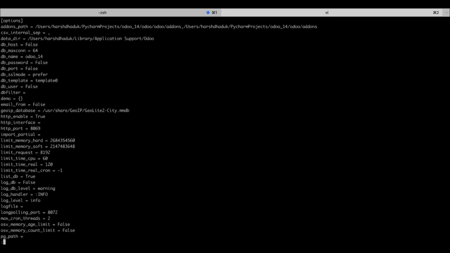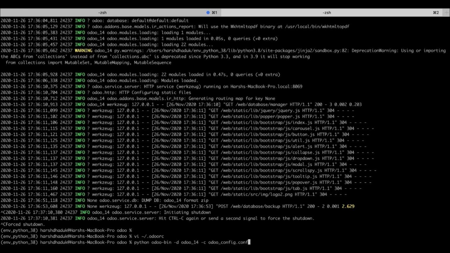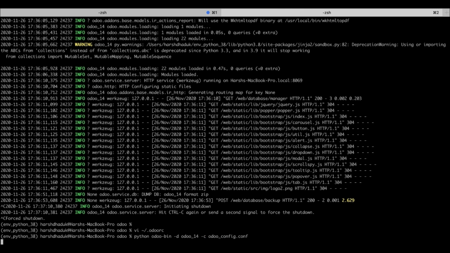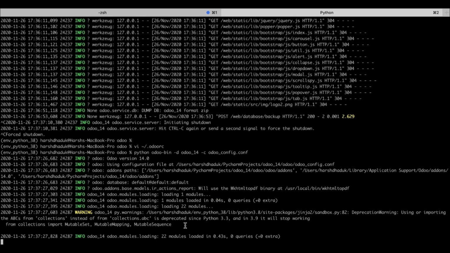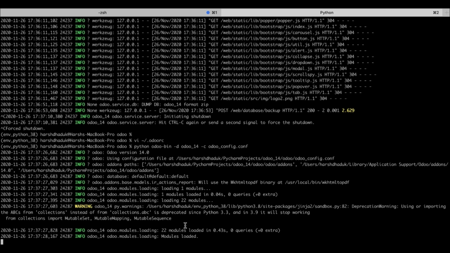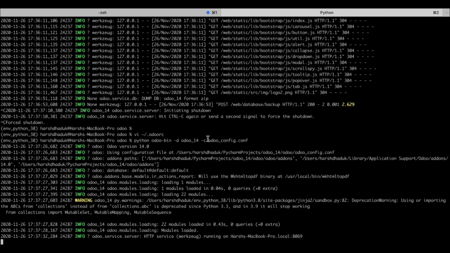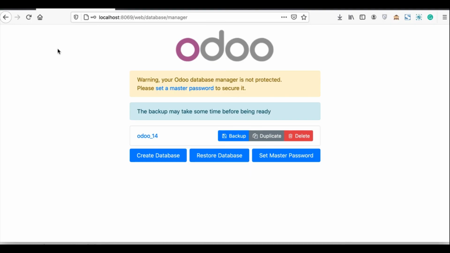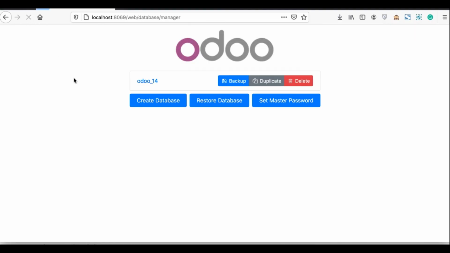So now it's unused by Odoo, and we are forcefully using this configuration file. Odoo won't check the .odoo.rc file, it checks this one, and it uses whatever configuration parameters we pass here. Once I refresh the page, you can see that warning message is gone.